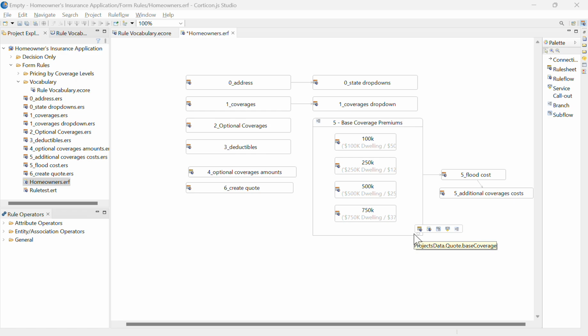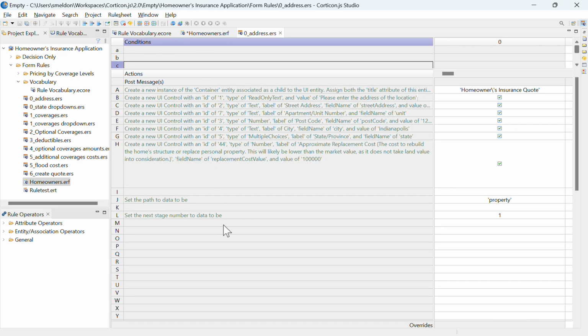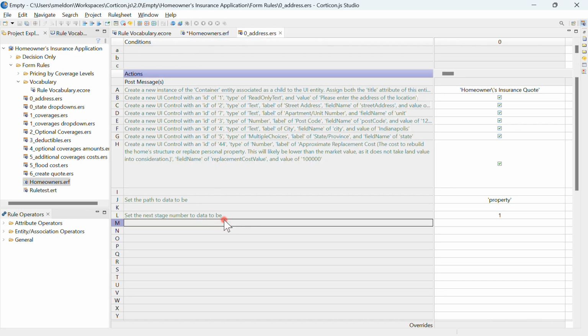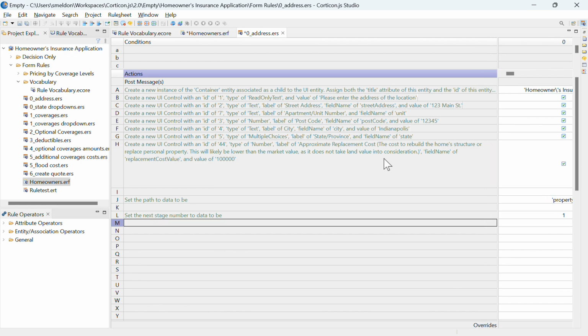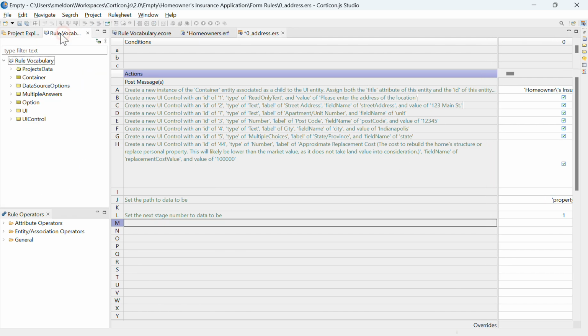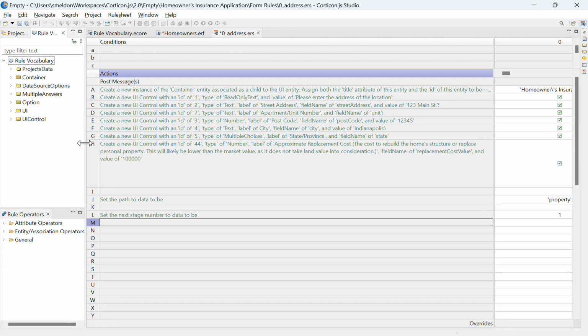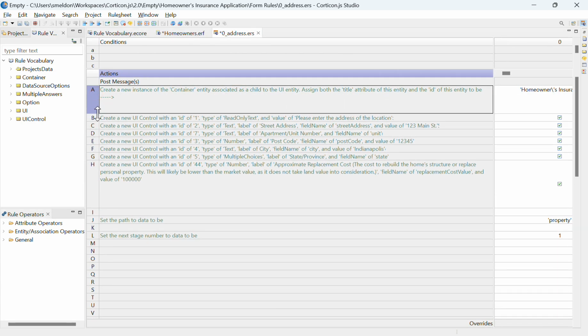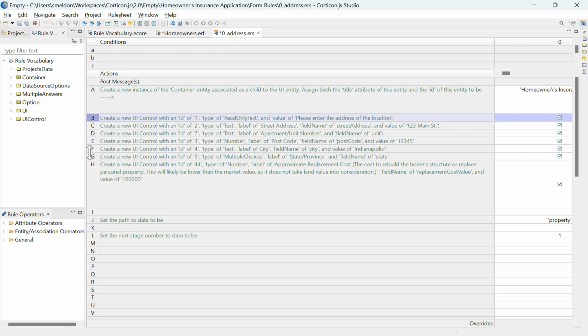So let's now get into the rule sheet that we're starting with, 0_address. And we'll see here that I have the natural language view overlaying my various different actions here. And I'm going to toggle over so my rule vocabulary is in view so I can drag and drop as I build these rules. So to start with, and just make clear what the various different aspects of this syntax